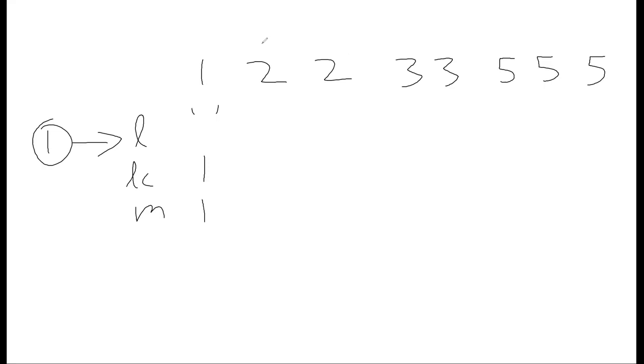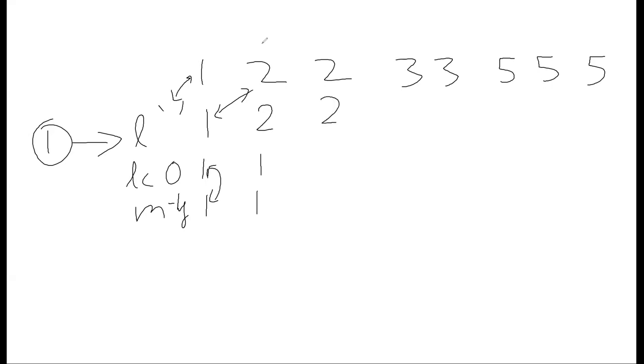Now at this point, my max is 1. Sorry, let me just go back once. Here I am empty. LC is 0. Maximum is -1. Now when I come here, my character is 1. Length is 1. Max becomes 1 because this is a change in character. Now coming here is again a change in character. I'll reset my LC to 1, but then I'll compare these two, max and LC. They are 1.